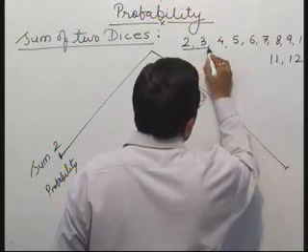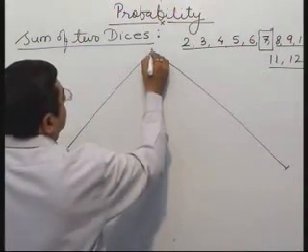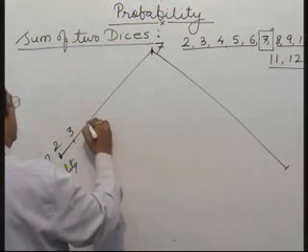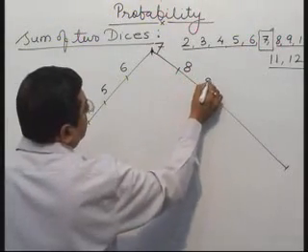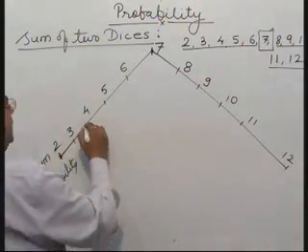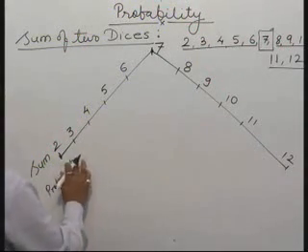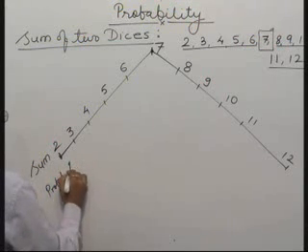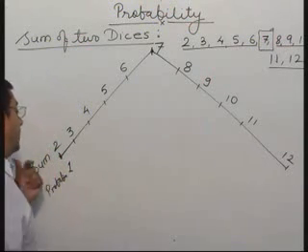So अगर मैं 5 यहाँ छोड़ दूं, 5 इधर छोड़ दूं, what is the middle one? Middle one is 7. So you should write here, this is sum 7 at the top here. Then 2, 3, 4, 5, 6, 7, 8, 9, 10, 11 and 12. What is the probability? Probability number के लिए you should simply write here probability. Here you should write 1 because there is only one case of getting sum 2. Sum 2 आए उसका केवल एक ही केस possible है.